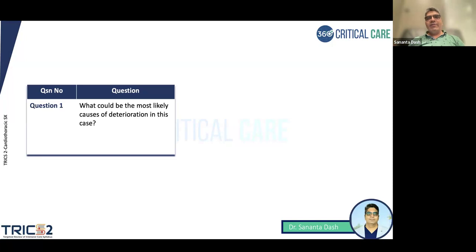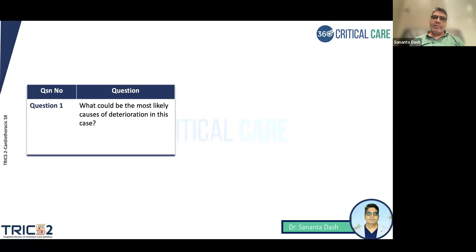But if it is very, very obvious, like somebody with rhabdomyolysis or somebody with a head injury, they will not ask this question. But in this case, there is a syndromic presentation. Somebody hypoxic, hypoxia is a syndrome, or somebody hypotensive, shock is a syndrome, somebody unconscious, that's a syndrome, or somebody bleeding, that's a syndrome. Some sort of syndromic presentation at the beginning will come as a differential diagnosis. But if there is a case where every piece of information is given directly, they will not ask about the differential diagnosis. So